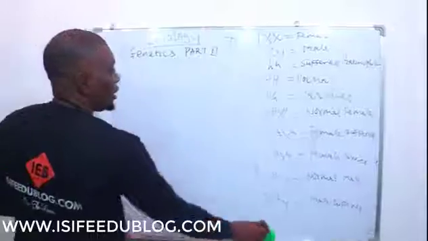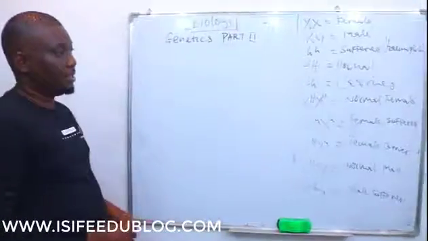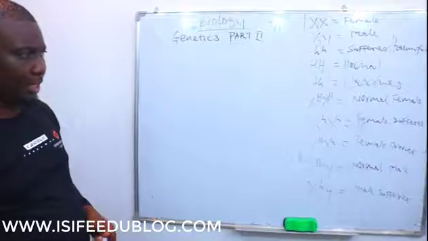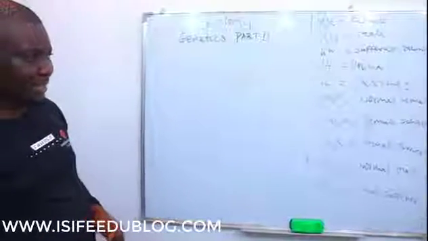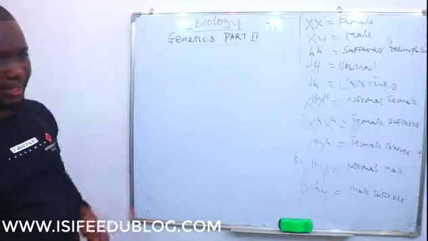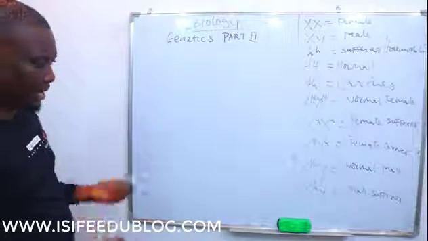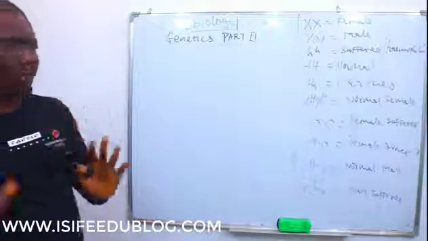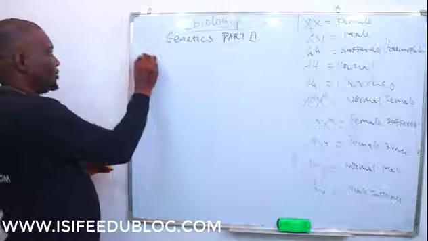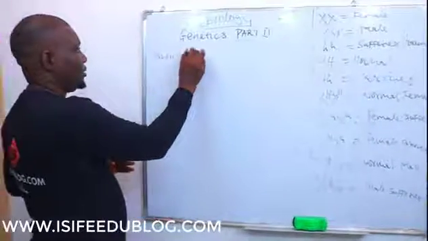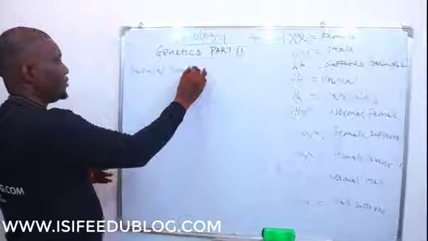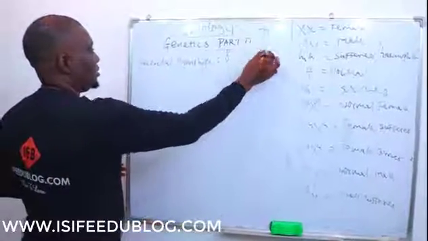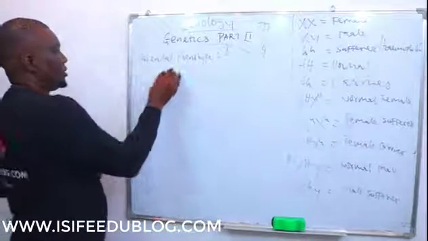Now, looking at the inheritance of hemophilia, like any other sex linkage, if a man is a sufferer of the disease, the man has the disease. I would like to start with the phenotypical appearance of the man, which is the parental phenotype. This is how a man is represented. This is how we describe a woman. So in the parental genotype,